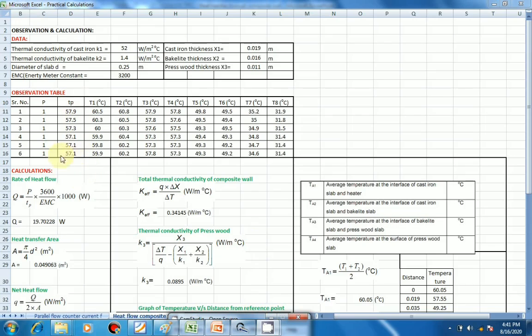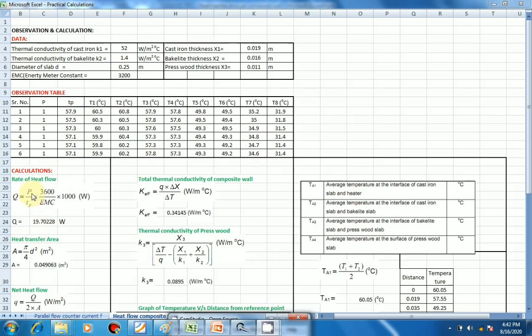And here you can see that up to reading 6 we are almost getting a constant reading. So no variation is coming over here, or the difference between these two consecutive readings is less than 0.2. So first of all, we calculate the value of Q. So Q is nothing but what?